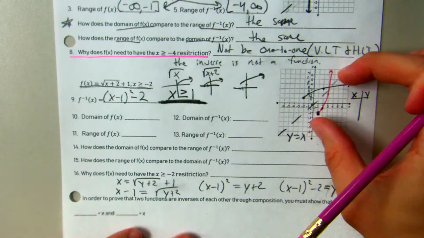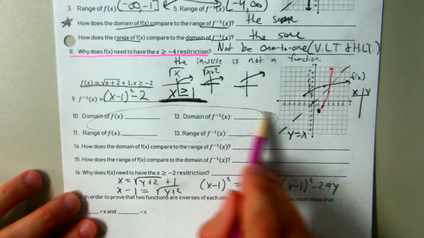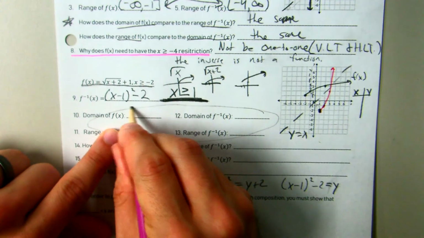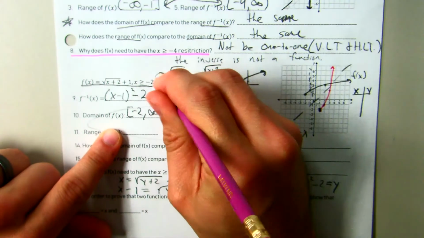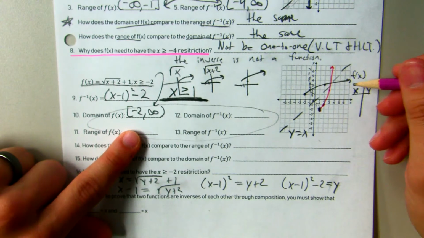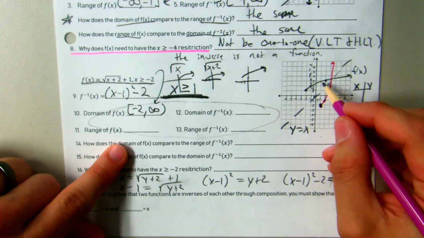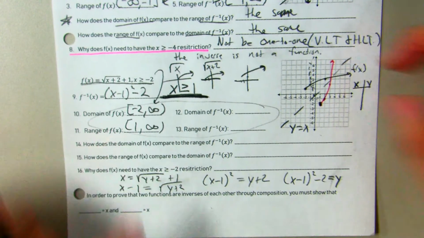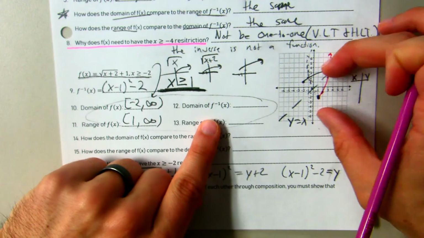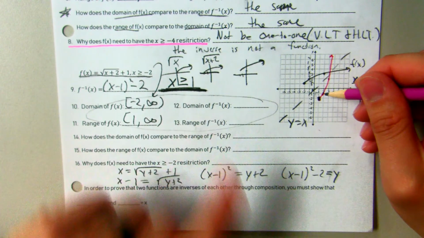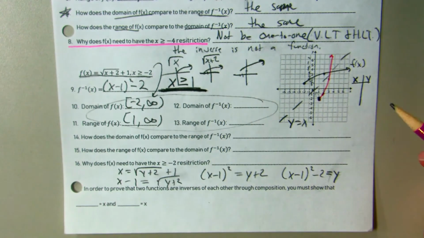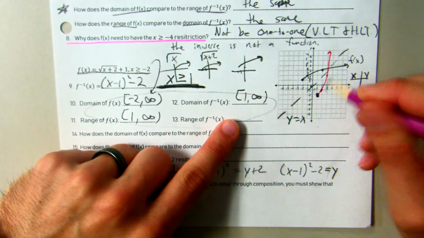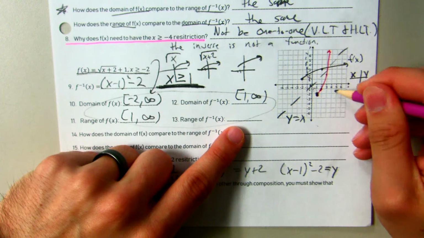Okay, so just getting the graphs correct should be enough information for you to get these. This would be -2 to infinity, although this information is also right there, but I see it from the graph as well. The range is 1 to infinity. I can see that basically only from the graph. The domain of the inverse, I'm pretty sure that's the correct inverse because it looks like it has the right line of symmetry. So now I'm confident to say that the domain is x values 1 to infinity